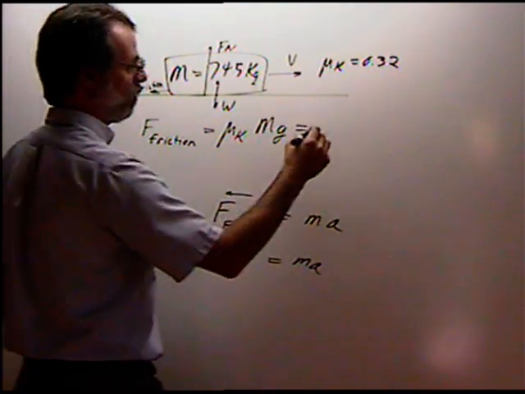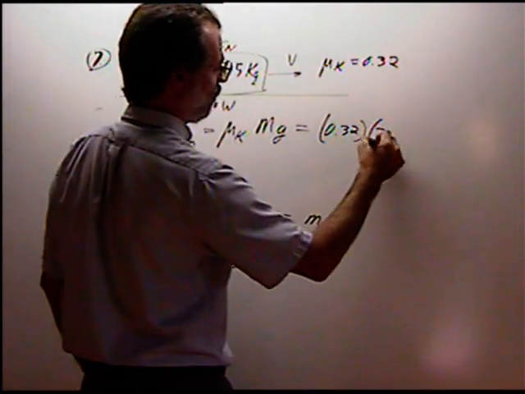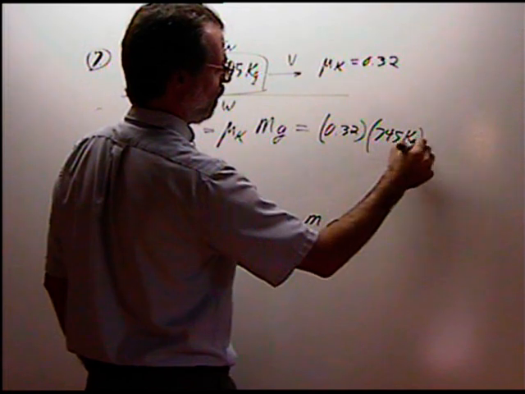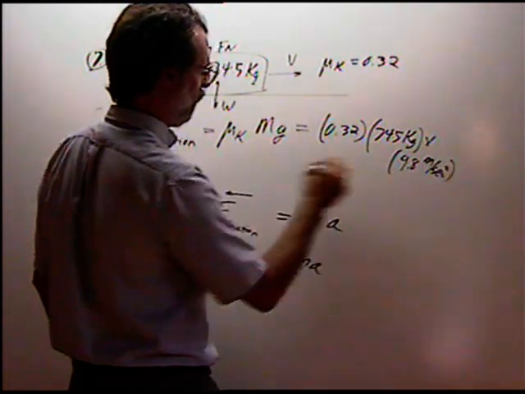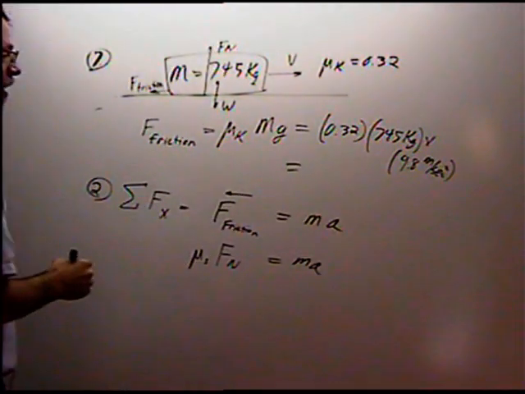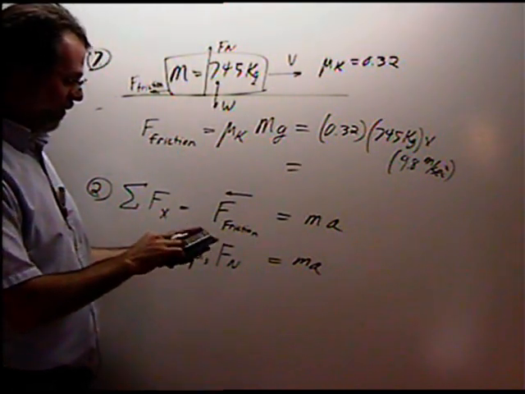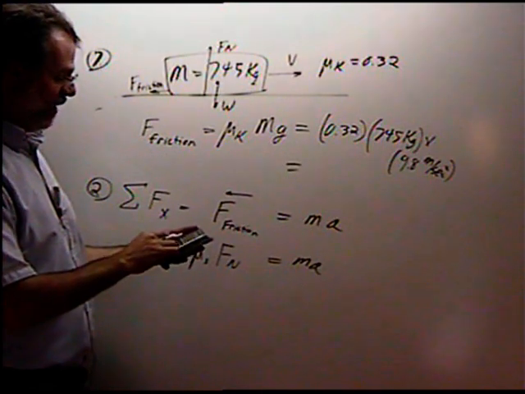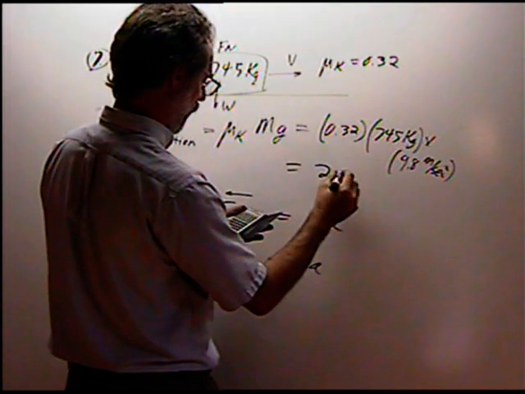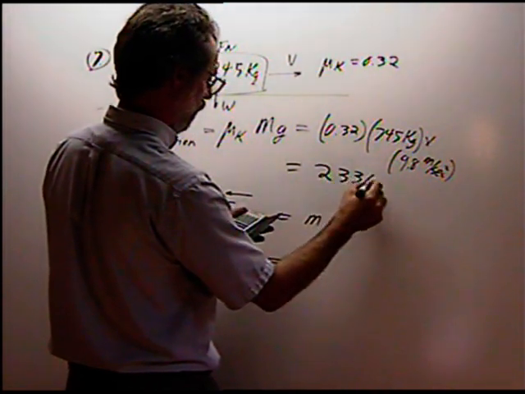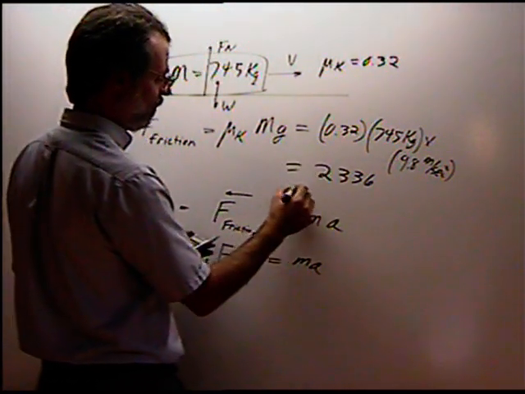The size of that will be 0.32 times the mass, 745 kilograms, times 9.8 meters per second squared, which gives the frictional force. 0.32 times 745 kilograms times 9.8 is 2,336. We have two significant figures, so we should really round this off to